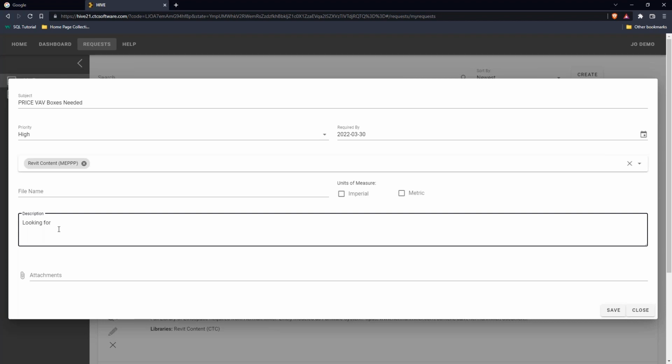Looking for X product line from Price, see attachments. And maybe you're going to give some cut sheets about that. Maybe you want to give some more details about functionality. Maybe this is specifically single duct,